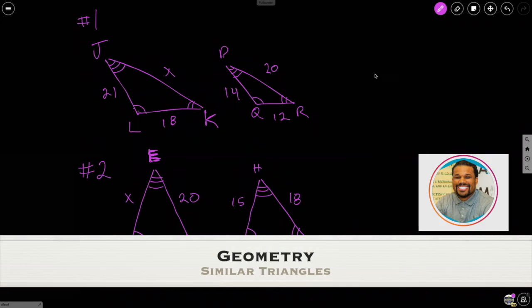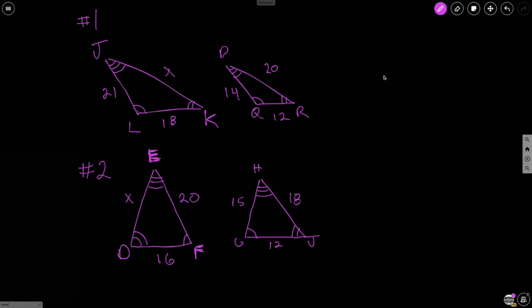All right, so we have our similar polygons. We got number 1 and number 2, and we are solving for x. Now the key here is to just start with the one on the right, and then we can just follow the map. So we know that we have PR that is congruent to JK, that is proportional, and